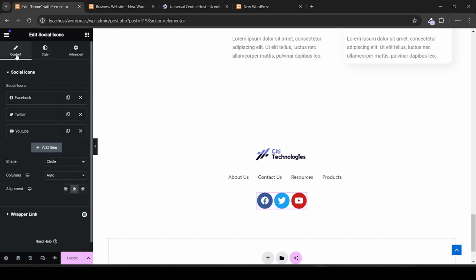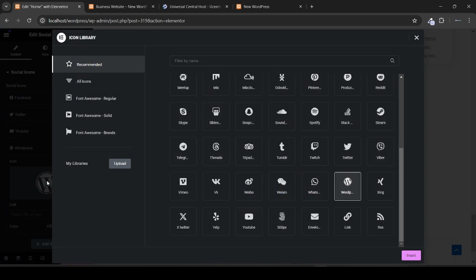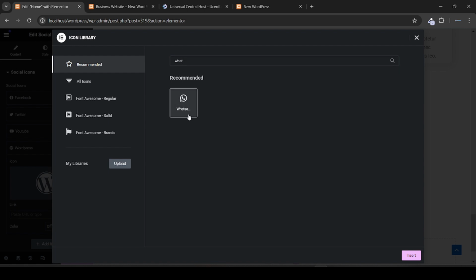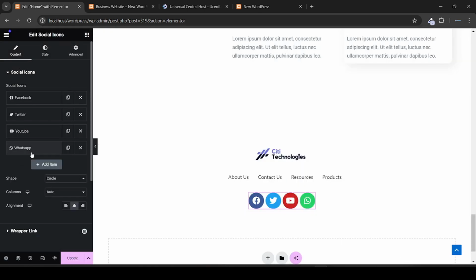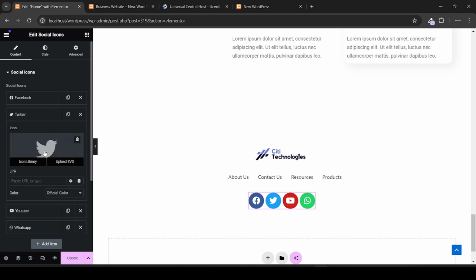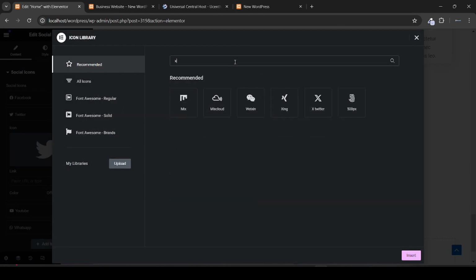You can actually select more, like when you click on add item, you can select like WhatsApp. So we can also edit, like Twitter is no longer Twitter, but it's X. So we have to select X,